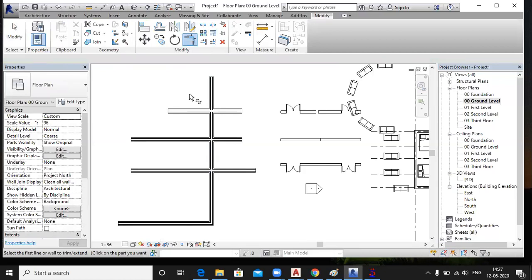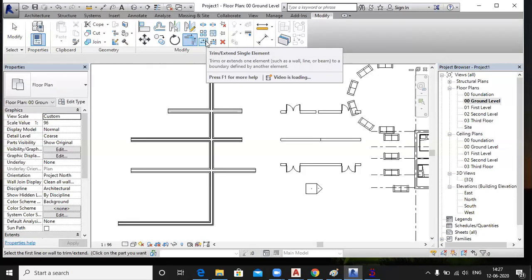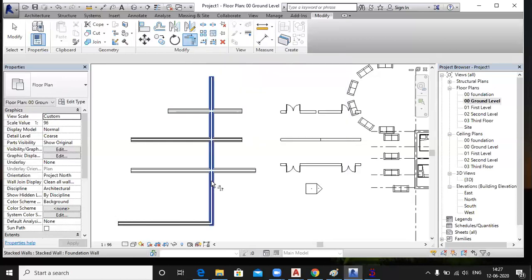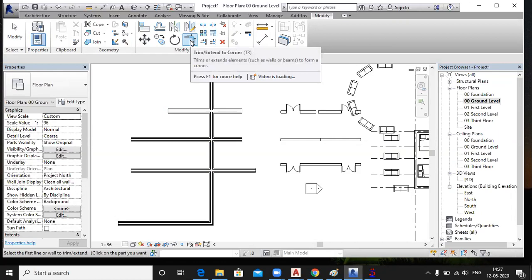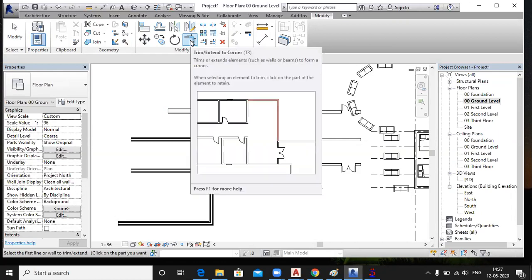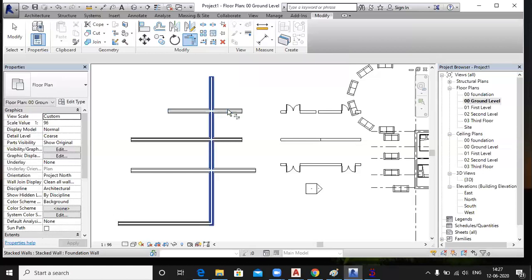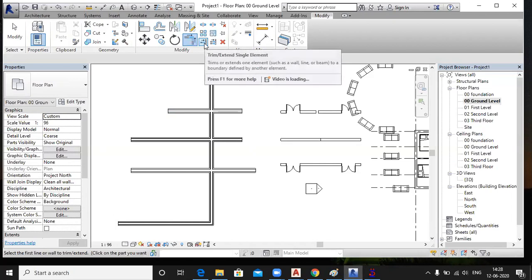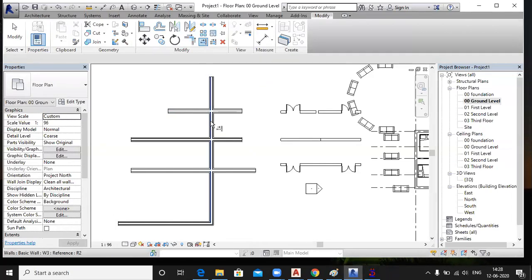Sir, if I want to delete only one, how? By the next command. Okay. So in this command, the walls will be extended, and in this case, my walls are trimmed. So both the commands happen in a single command here, right? Yes. If you want to delete the one part, this one, you just select your command, select the wall and click like this. The next part will be deleted,